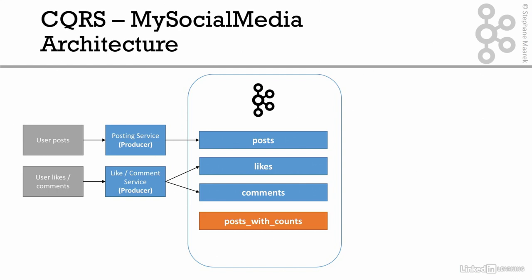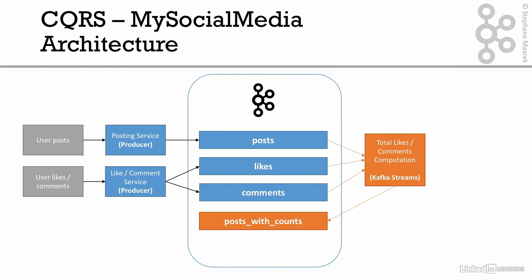Now what we want at the end is a post with counts of likes and comments. But we have to realize that the data comes from all over, right? And it could be multiple people liking at the same time or commenting at the same time. And so if we were doing this against a traditional database, the database would be swamped and there would be some race conditions, etc. So using Kafka, we're able to decouple the production of data from the actual aggregation of data. And for this, we'll use Kafka Streams. So Kafka Streams will read the data from the post, the likes, and the comments topics, and it will perform some aggregations, such as how many likes for my posts, that kind of stuff,